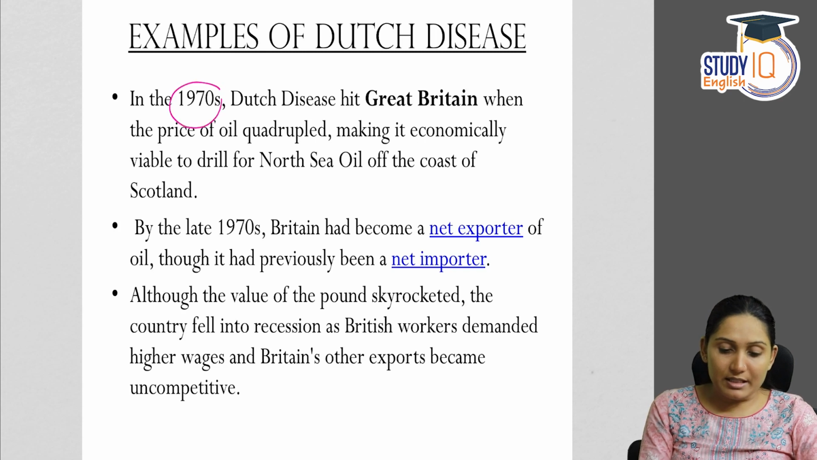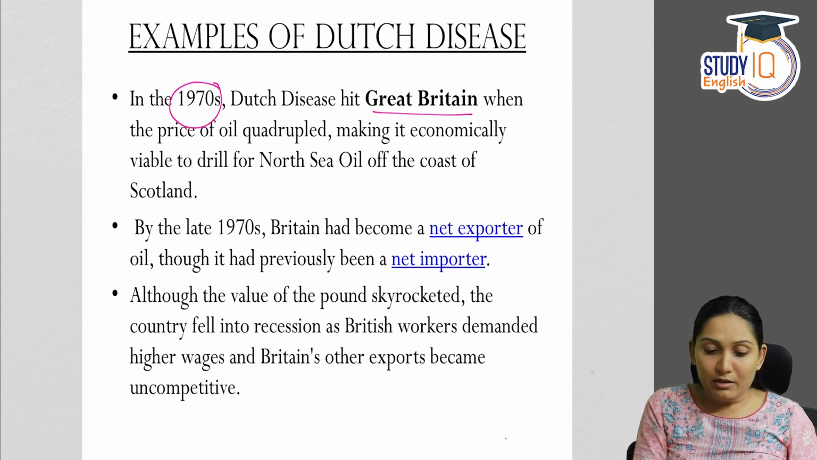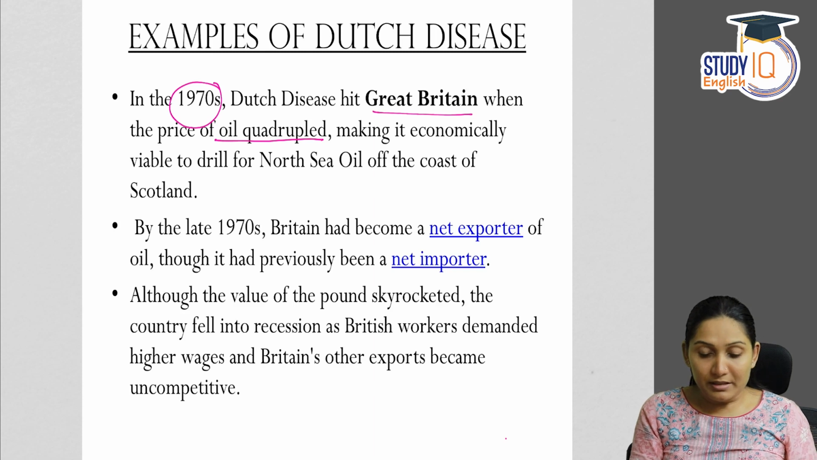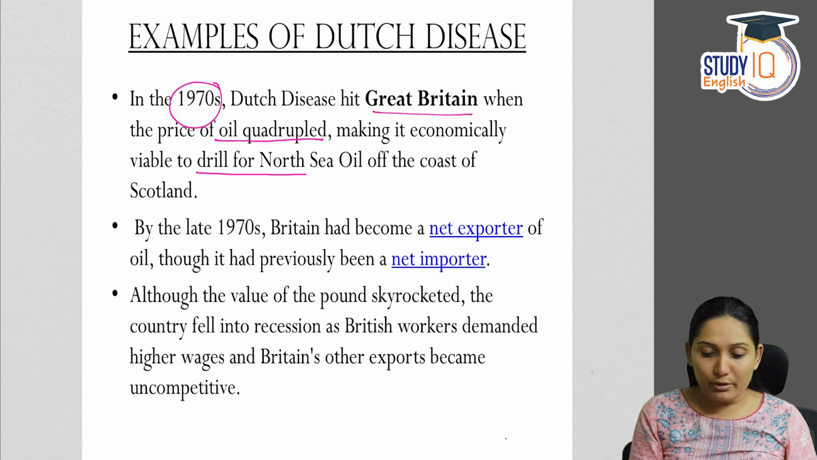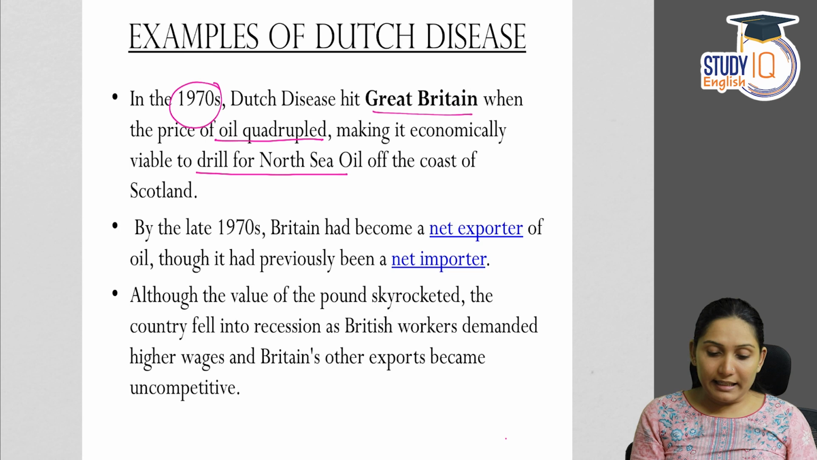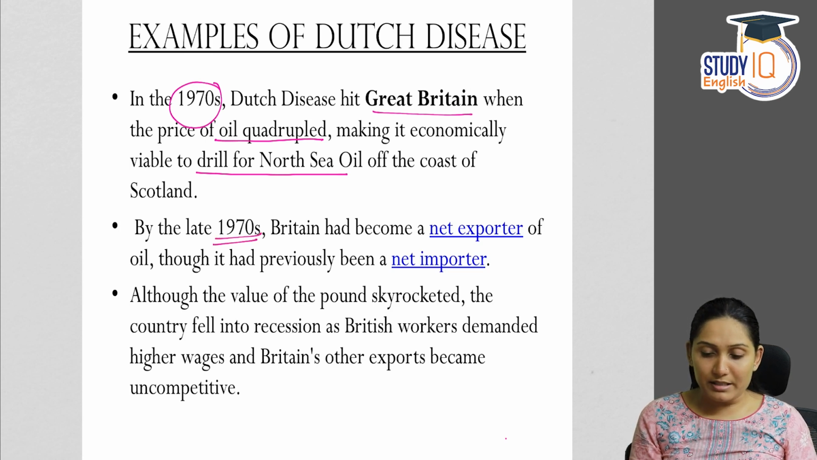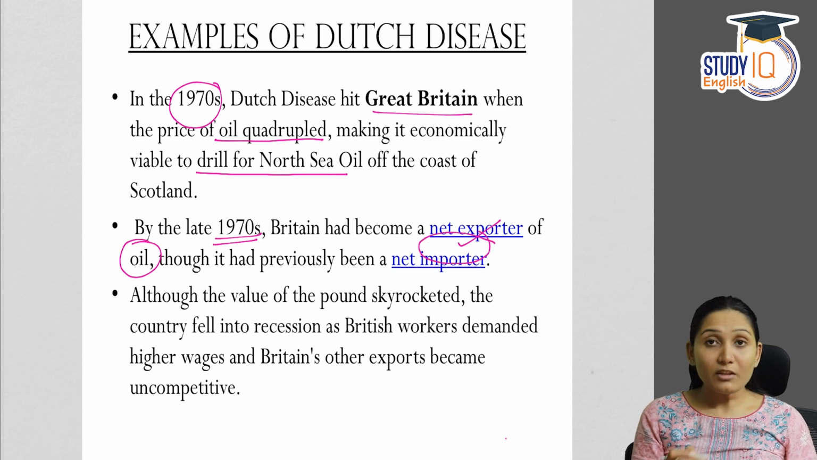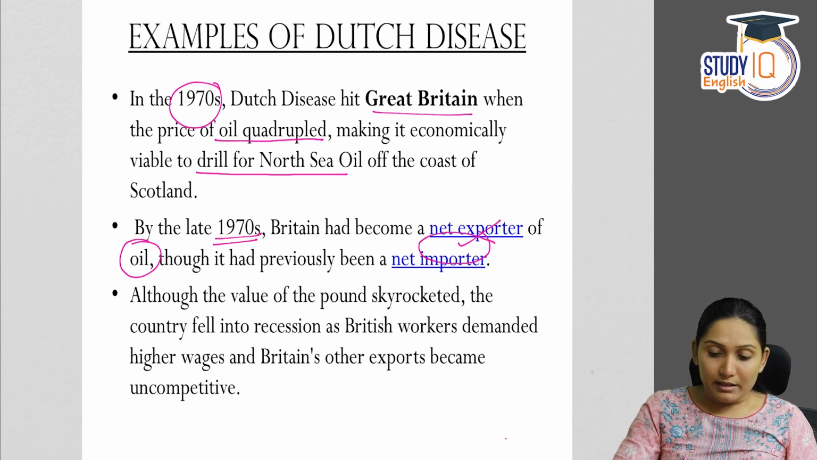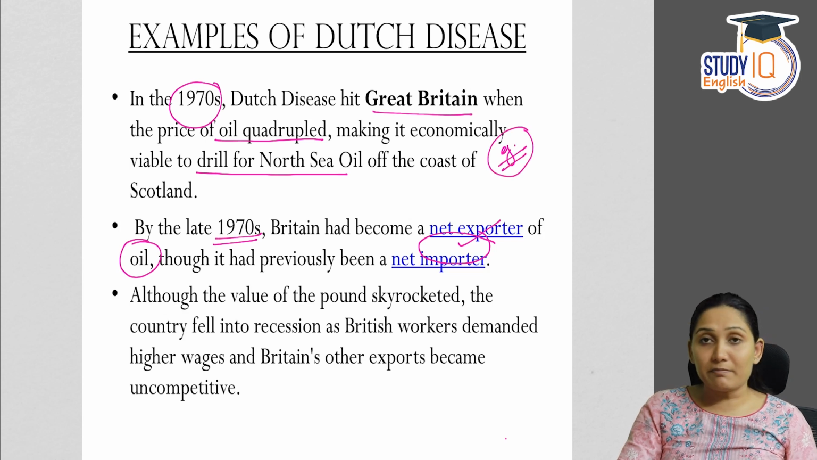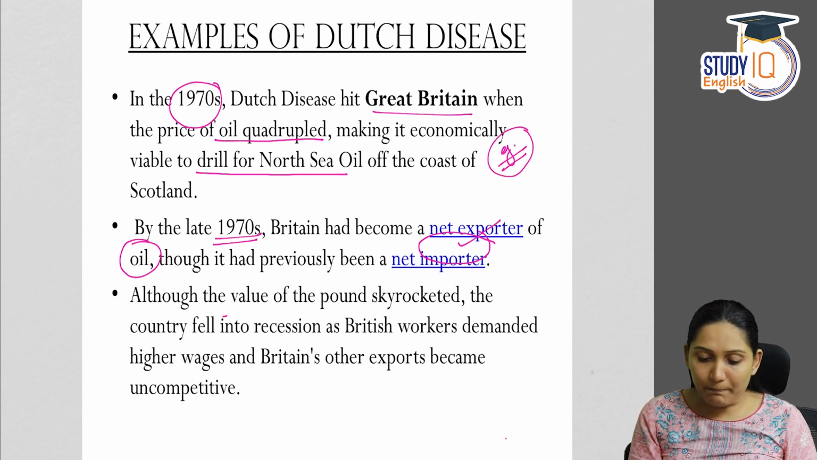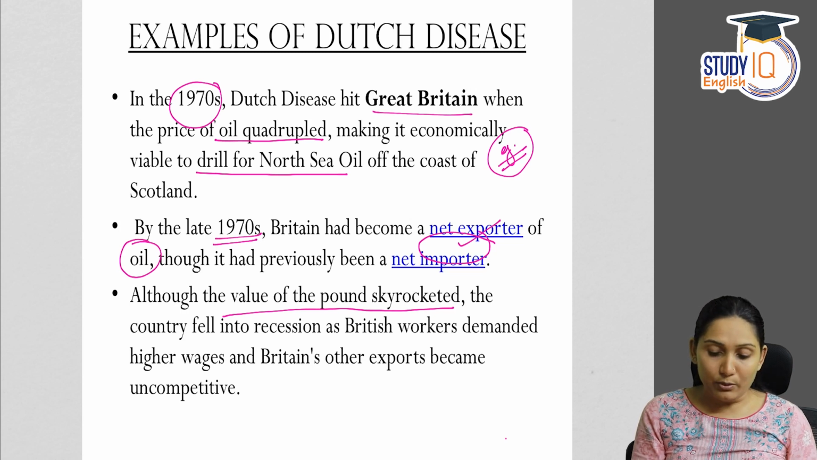In the 1970s, Dutch disease hit Great Britain when the price of oil quadrupled, that is multiplied by 4 times, making it economically viable to drill for North Sea oil off the coast of Scotland. By the late 1970s, Britain had become a net exporter of oil, though it had previously been an importer. See here in this example, the exports of oil in Great Britain increased. Although the value of the pound skyrocketed, that is, it led to appreciation of the pound sterling, the currency of Britain,